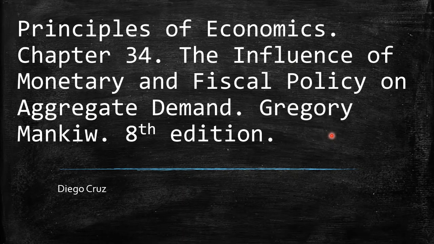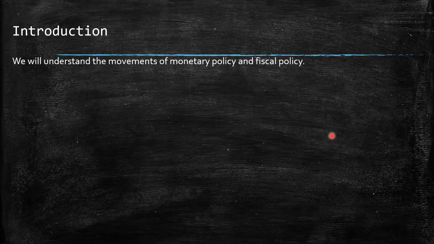We're going to develop now chapter 34, the influence of monetary and fiscal policy on aggregate demand. Remember, this is a book of Gregory Mankiw, Principles of Economics. Within this chapter, we're going to understand all the movements related with monetary policy and fiscal policy, as well as the tools that are necessary to provide these